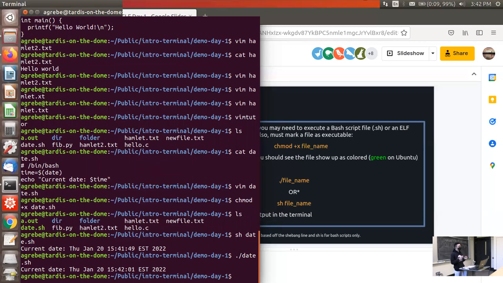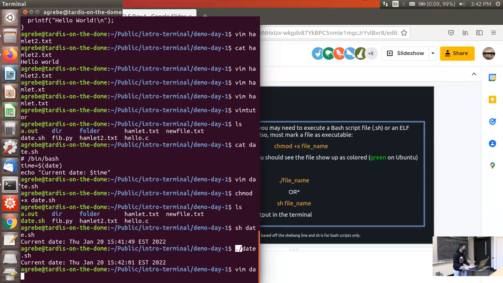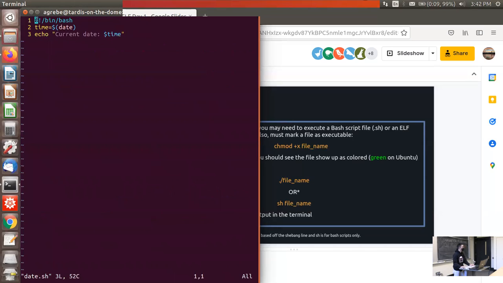Now, there is a little bit of difference between these two commands. So ./ actually reads the shebang line, which you saw in the first line here. This is actually a comment in terms of bash. But what it's telling the system is, I want you to run this program using the interpreter located at this location.